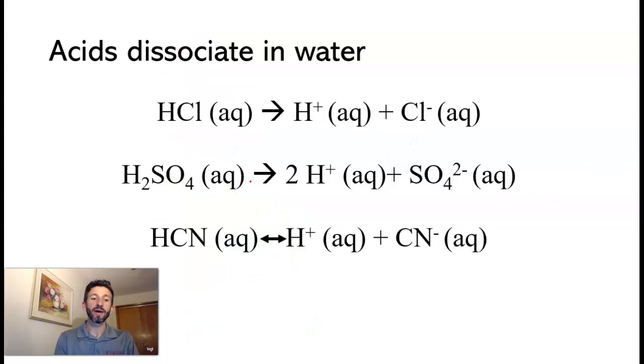Now acids and bases always exist in water, so they're always aqueous. And as we've learned before, things dissociate in water. Polar and ionic things dissociate in water. So these acids are all polar covalent molecules, but they will actually split up as if they were ionic. Look, for example, here, hydrochloric acid, when it's in water, it splits up into the hydrogen ion and